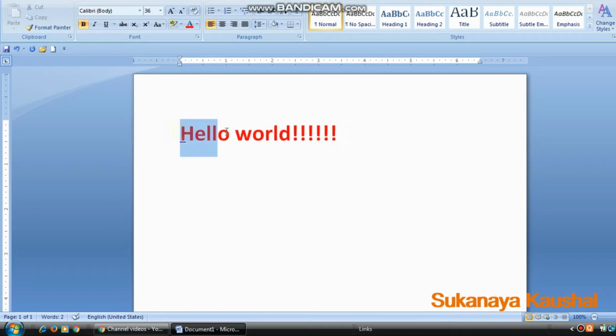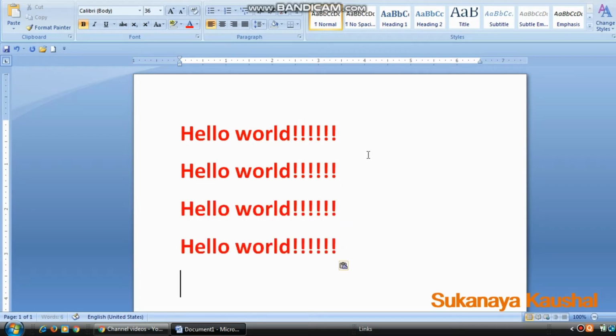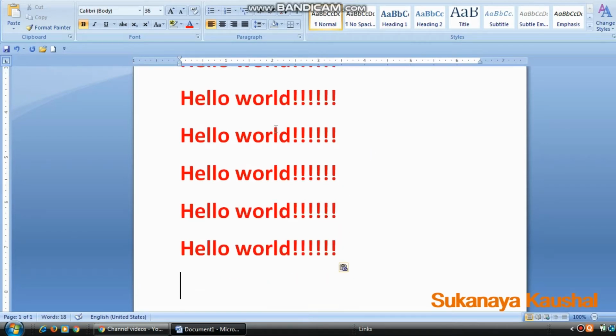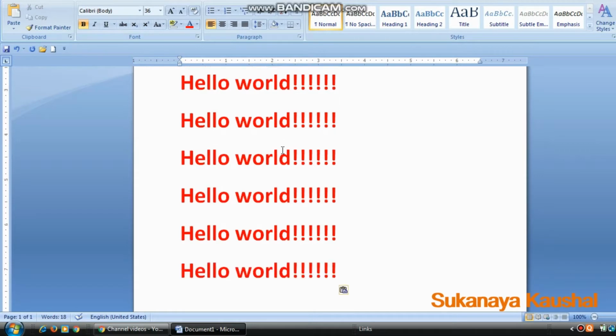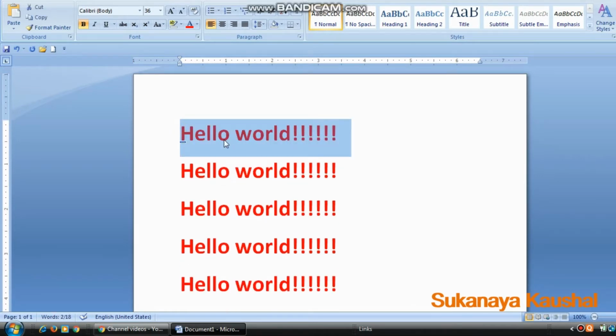Now I have selected it, copied it with Control C on the keyboard and pasted it with Control V, and I have pasted it again and again. So what happens and why does it happen? All the data that is copied or cut goes and is stored in a temporary storage area that is called the clipboard, and it shares among Windows applications or documents, text or graphics, from one program to another.